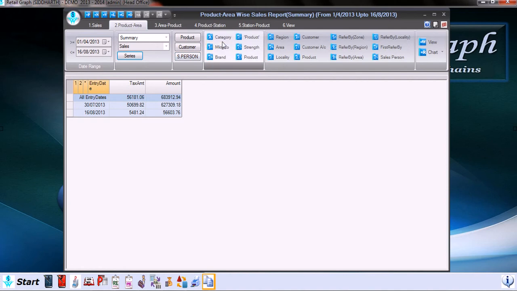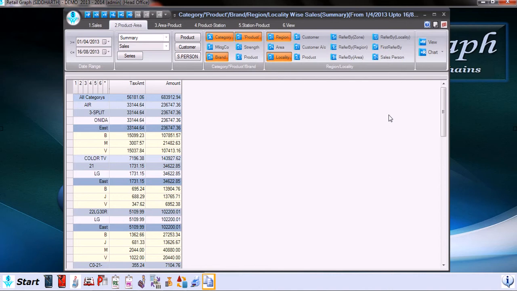Now here is the categorization with product and area. As the name suggests, product area. So we can select the details of the product that we wish. For example, let's select category, product, brand, and then we select the area, let's say region, locality, and click on view.